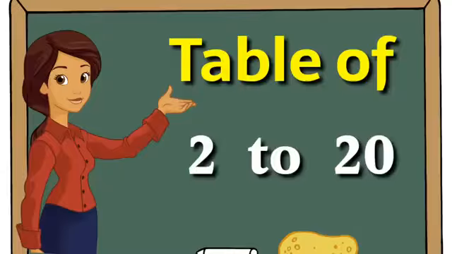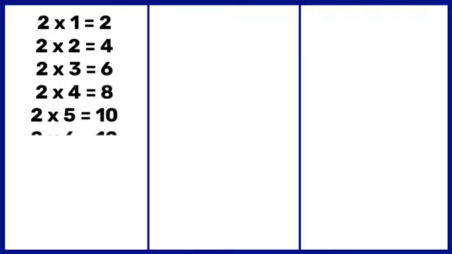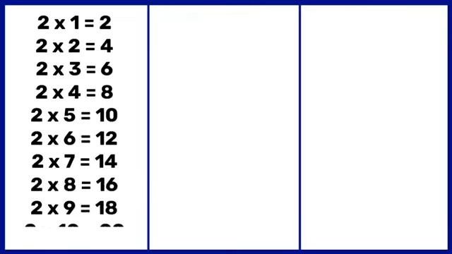Table of 2 to 20. 2 ones are 2, 2 twos are 4, 2 threes are 6, 2 fours are 8, 2 fives are 10, 2 sixes are 12, 2 sevens are 14, 2 eights are 16, 2 nines are 18, 2 tens are 20,